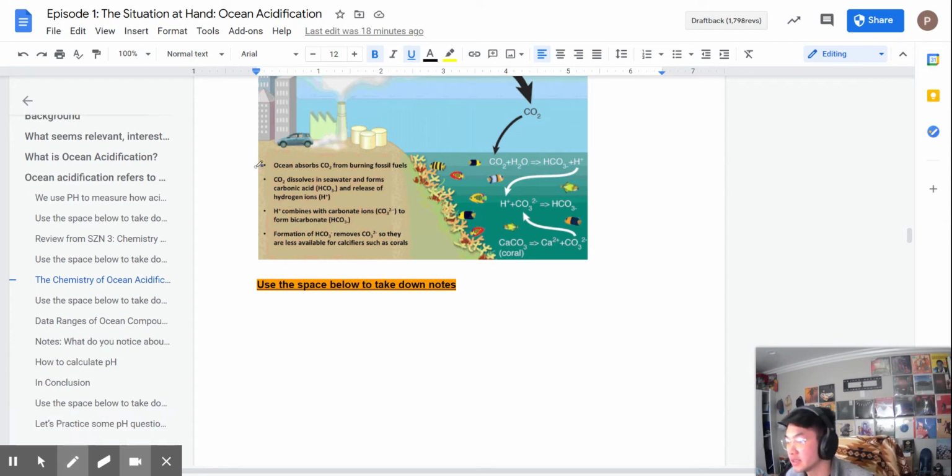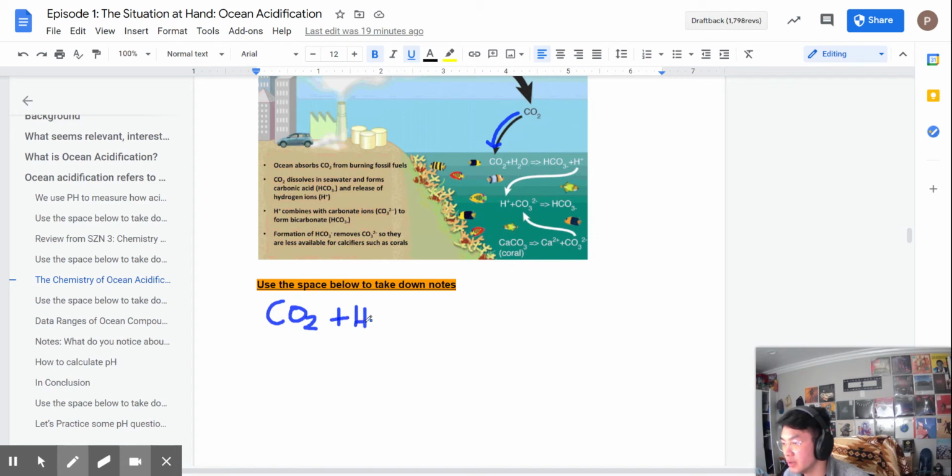So on the left, you kind of see these steps. The first step is that you all know the ocean absorbs CO2 from the atmosphere. When that happens, here, this black arrow, you're going to get a series of chemical reactions. So let's start with the first one you see on the right on top, okay? I'm going to draw it right under here, and it's going to be CO2